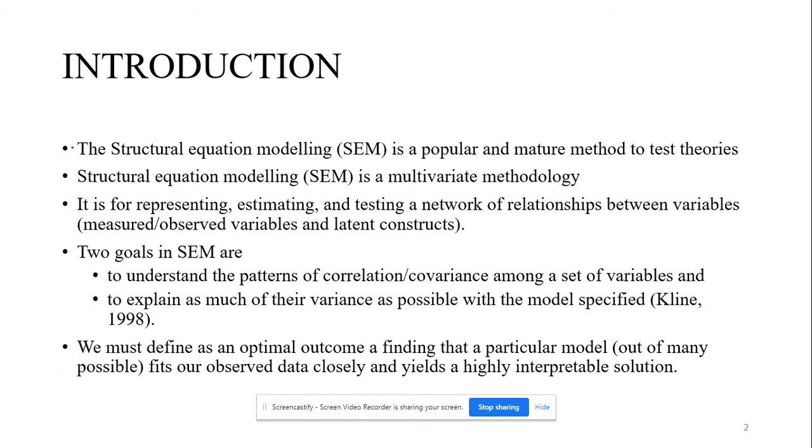Structural equation modeling is a popular and mature method to test theories. Structural equation modeling is also abbreviated as SEM, and it's a multivariate methodology. So there are multiple variables involved in this methodology. So what is it used for? SEM is a methodology used for representing,